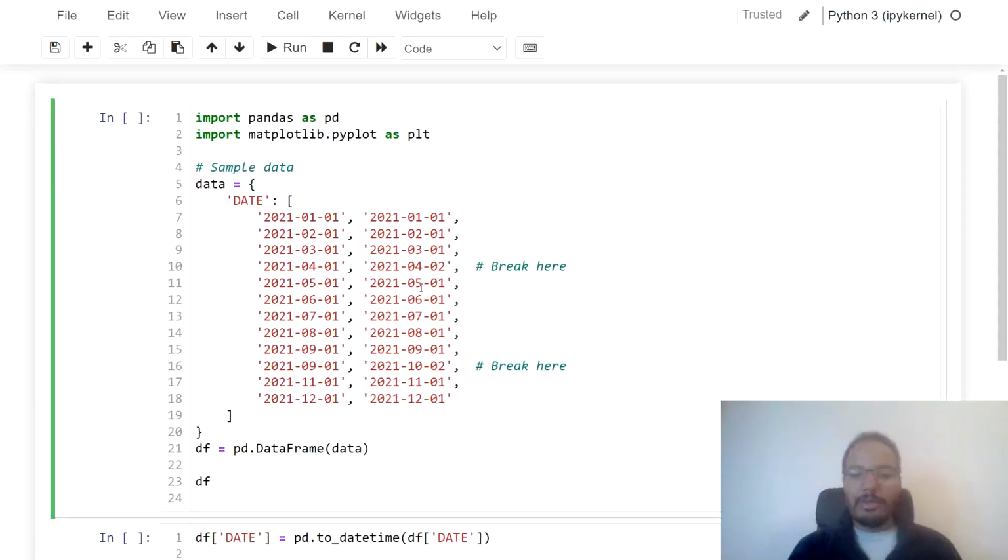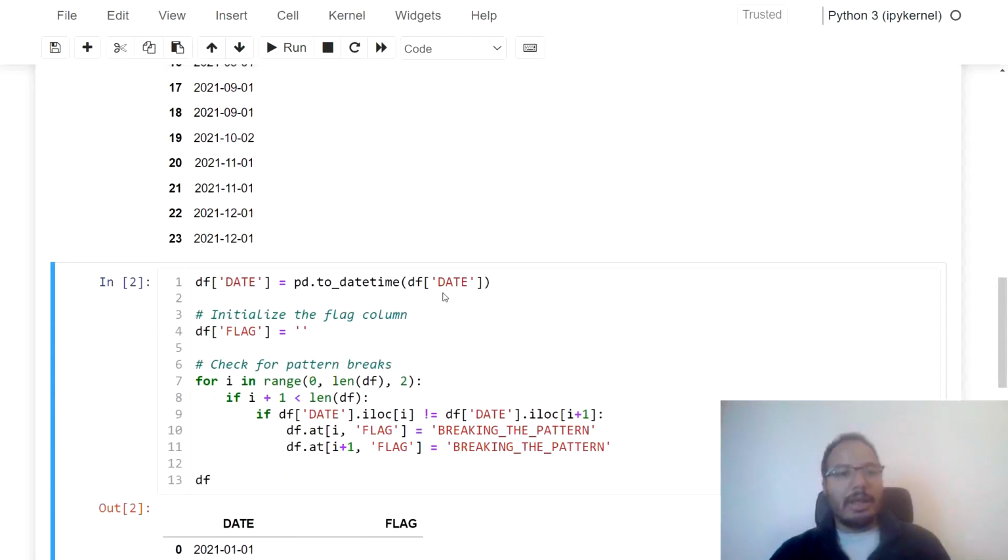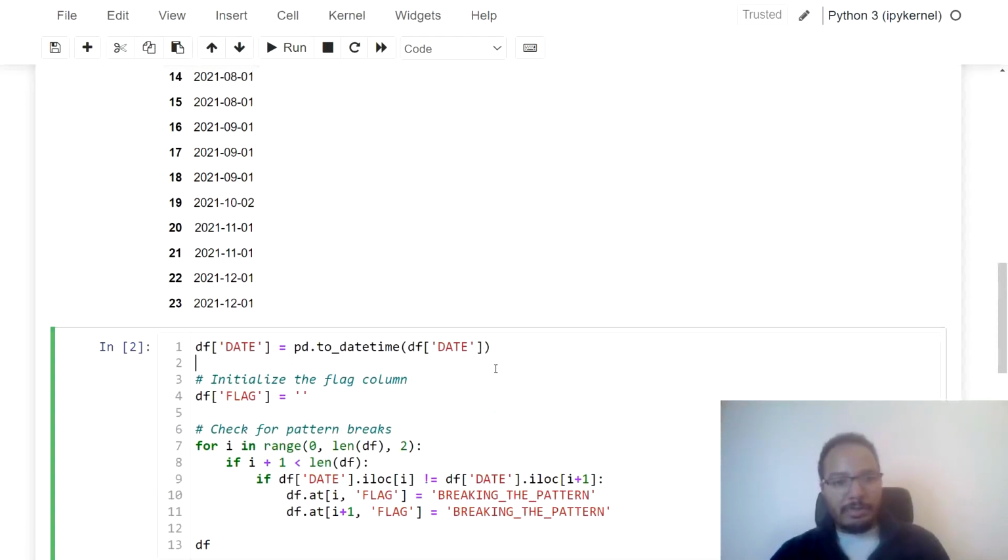So let me load this data frame first of all. Okay, and here it's printed out. So this is the same data frame just shown in a nicer format. And you see these blocks of 2 over here and here the first break. So how do we find these breaks? The solution is over here. So first of all, in this special case, we have to convert the date column into